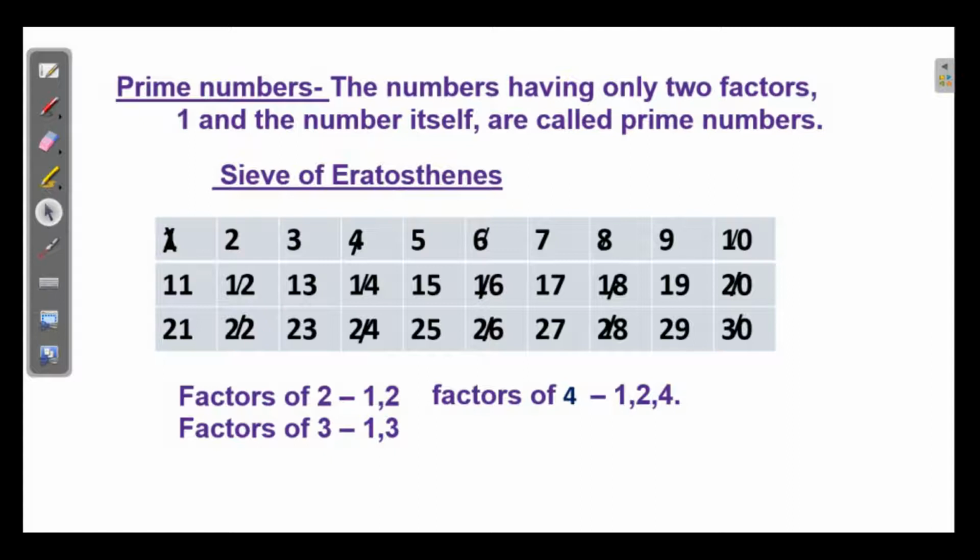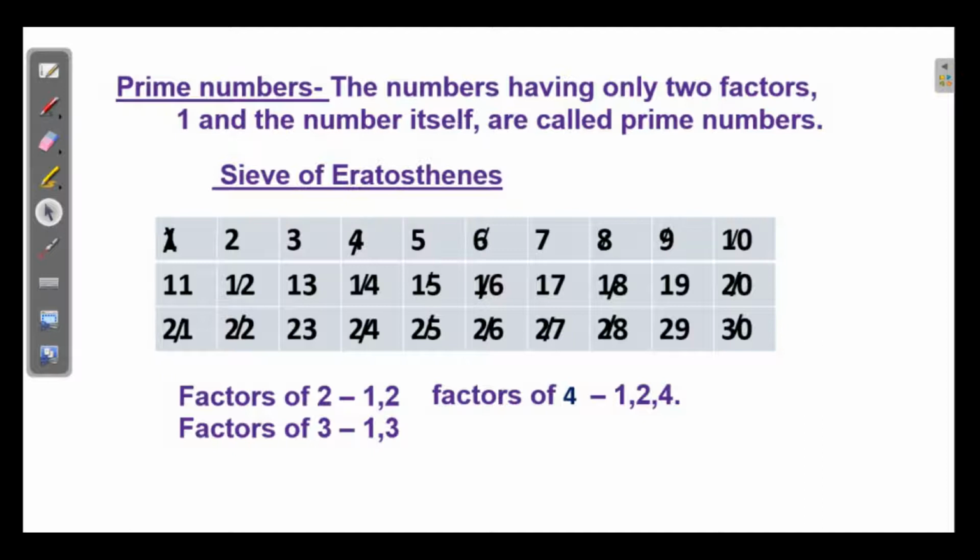Next, consider the prime number 3. The other multiples of 3 are 9, 6 is already striked off, then 9, then 12, 15, then 18, 21, 24, 27 and 30. Then 5. Multiples of 5 are 10, 15, 20, 25 only we have to strike off. Okay. And 6 squared is 36, so we can stop here.